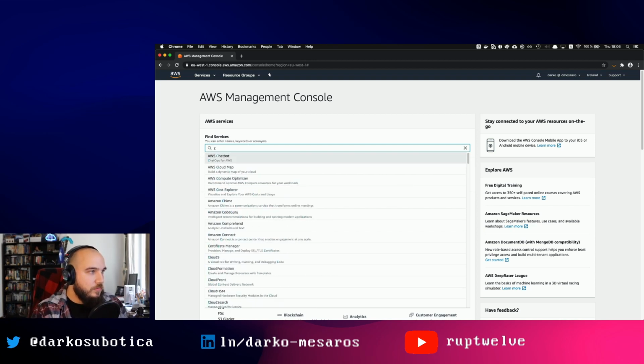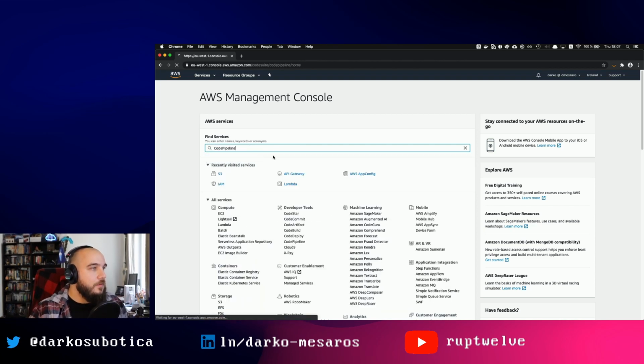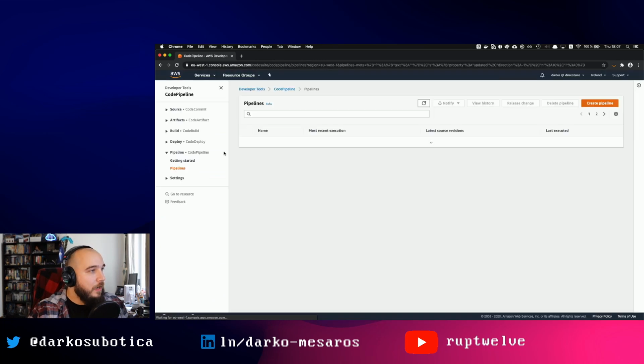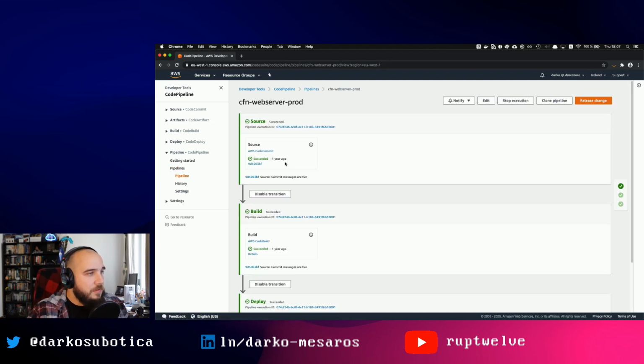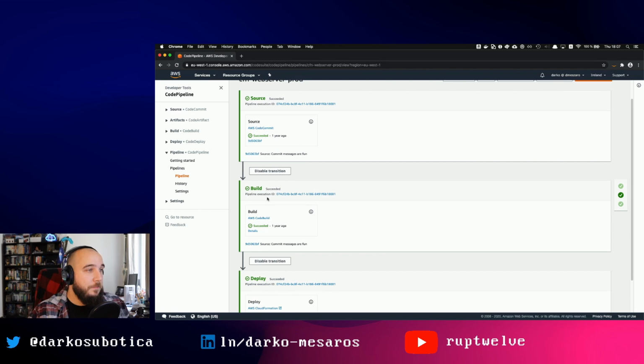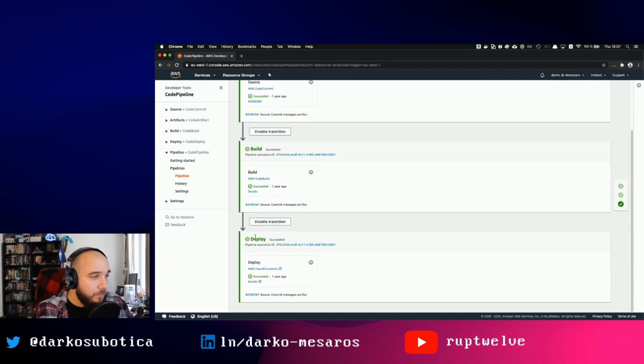So we need to do something. If I go to CodePipeline, I'm going to look at what kind of pipelines I have. I have a few pipelines that I want to replicate, and I want to make it relatively simple. So we need a source phase, some sort of CodeCommit repository. We need a build phase, so we need CodeBuild, and we need deploy, or a way to deploy our application somewhere. So let's start. Where do we start? Did we have an application already, or